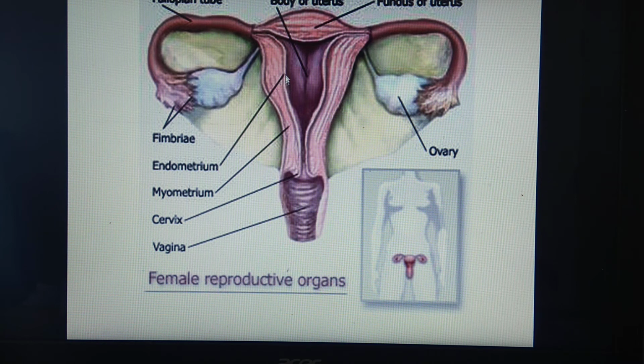It acts as a duct or a passage for menstrual flow. During the menstrual cycle, what happens? This layer of endometrium breaks, and after the breaking, this material comes out through the cervix into the vagina and to the exterior. So the vagina is a passage for menstrual flow, as well as it acts as the birth canal. That means development of the young one takes place here, and after the completion of the gestation period, this young one passes through the cervix and through the vagina, and that is called parturition or the birth canal.